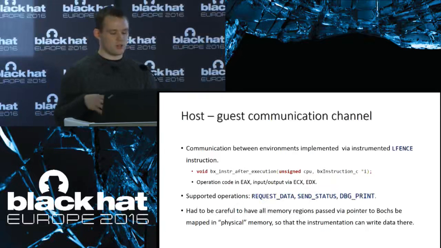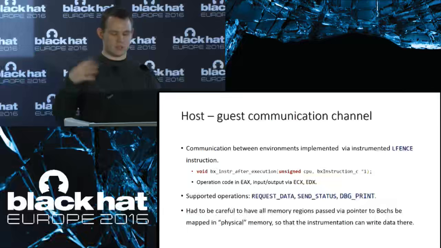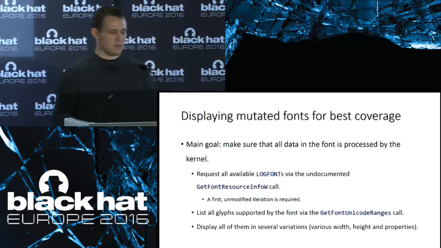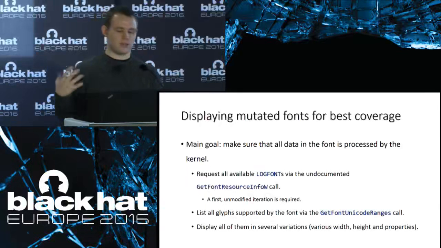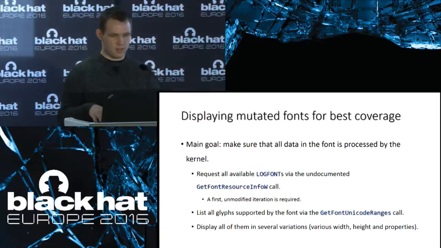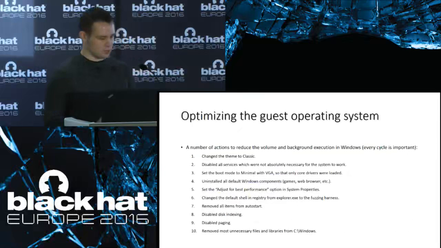So of course I had to be very careful to be sure that all of the memory regions passed back to Bochs were mapped in physical memory, so I would then be able to write to it directly. I also implemented a good harness to be able to get the best code coverage in the Windows kernel. So I would call all of the available API functions which were operating on the fonts, and I would list and display all of the glyphs in the font to make sure that all of the mutations